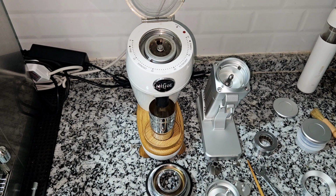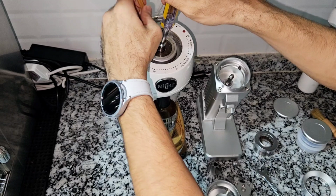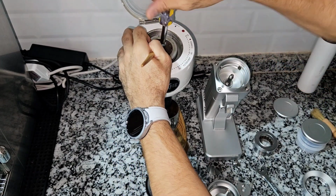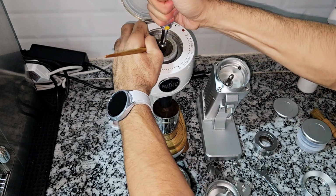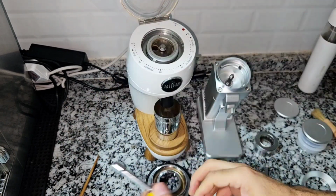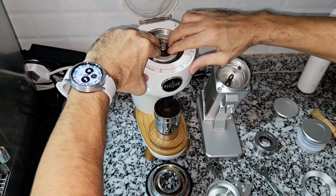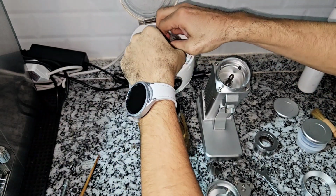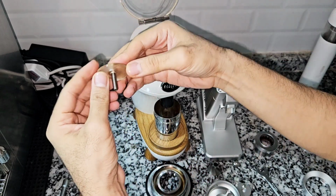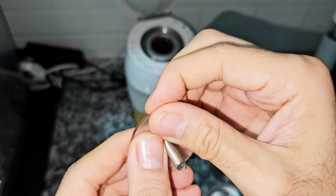To take out things from the Niche 0, we'll use the key, that screwdriver that comes with the grinder in the box. So we take it out like that. I believe it's also, yeah, same idea. This goes anti-clockwise. Once you take this one out, this is the Niche 0 flow control disc that will help the beans not